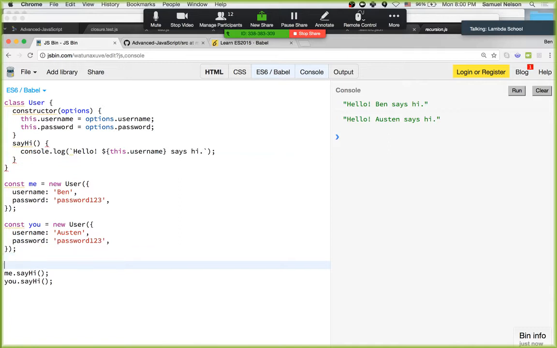If I go down, let me knock both these out, and I'm going to console.log u. We see we have Austin that gets printed out here. But then you look and you think, okay, where is sayHi? sayHi is not on here. So sayHi is on the prototype. All right, so what the prototype is,